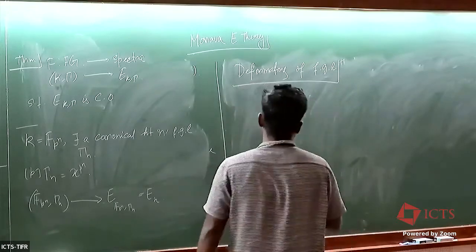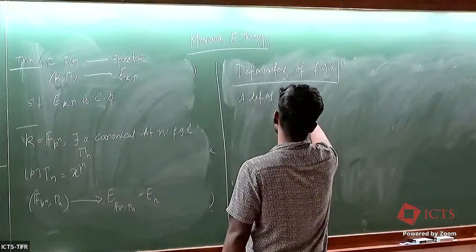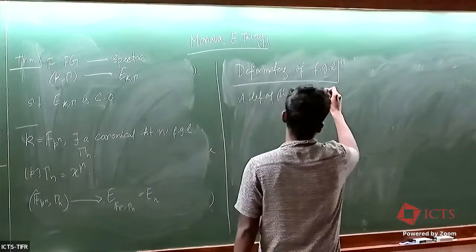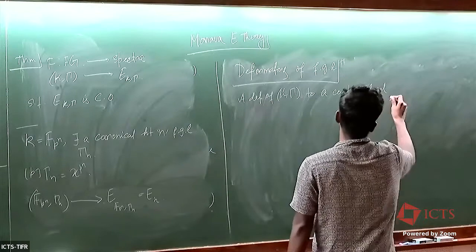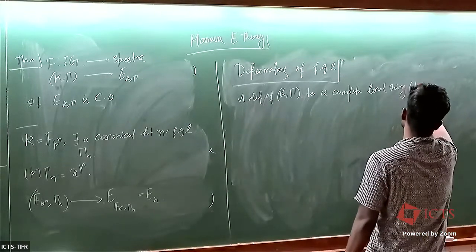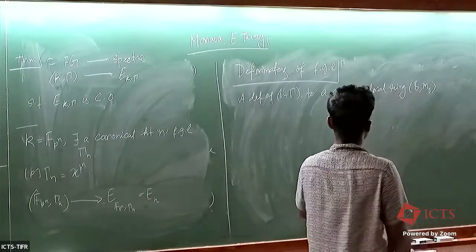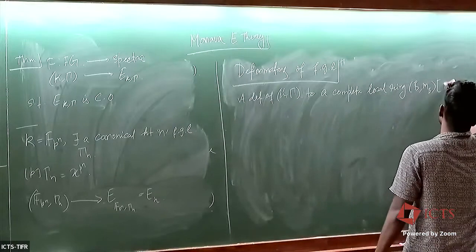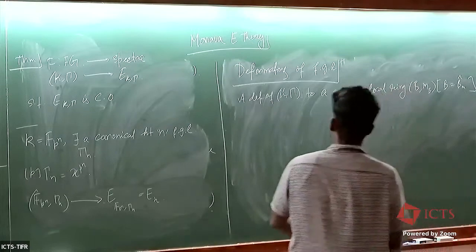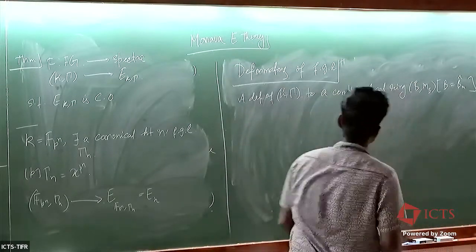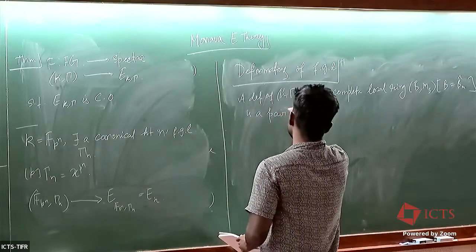Okay, so by that I mean a deformation of (k, gamma) to a complete local ring B, where there is a unique maximal ideal m_B, and by complete I mean that B is B-hat. So a deformation of (k, gamma) to a complete local ring B is this information: a pair (G, i),